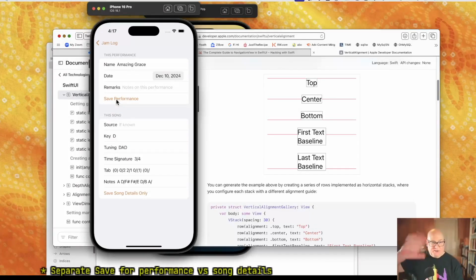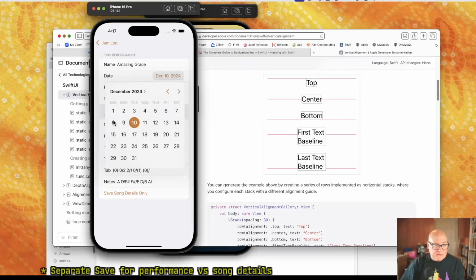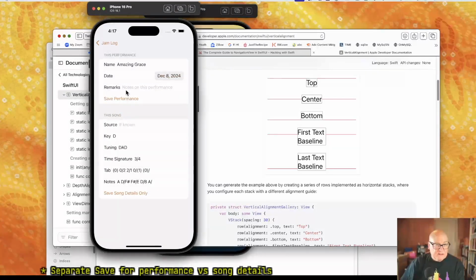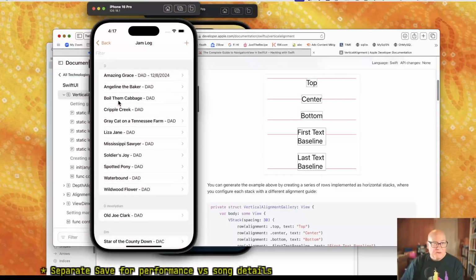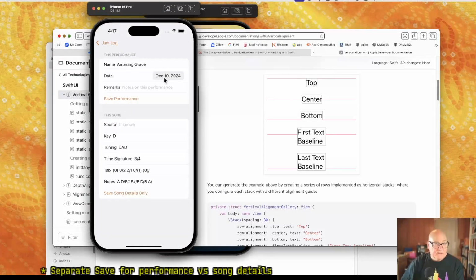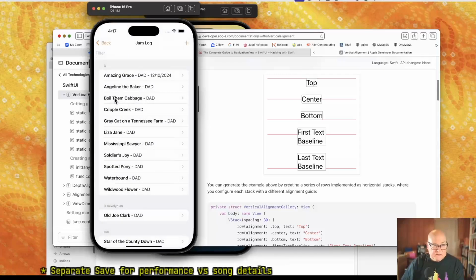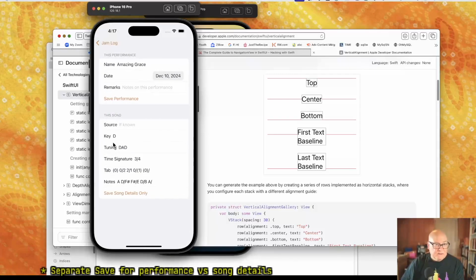You get confused about what to do, but in this case, I think you've selected the song and you save the performance, then you've got a performance. So let's back it up a couple days and save the performance. That's good. If I do this one again and I update it, then that updates. If I do it again and I change the details,